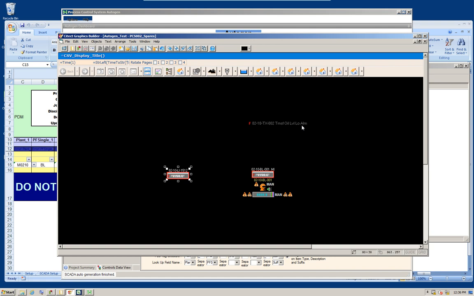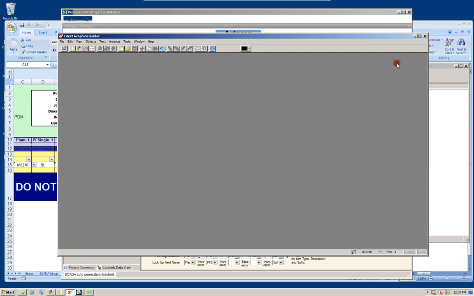So the auto-generation process, as far as it's concerned, just generates the genies for graphic pages. All the rest has to be done by the customer, and customizing the pages is done by the customer. So that's all. So we close this graphic page.